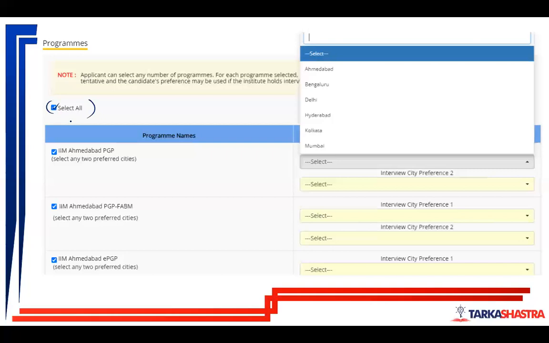Now just select all the programs over here and enter the cities from where you want to appear for your interview. Okay, so if you are from Mumbai or the closest city to you, you should mention that, or the preferred city, you should mention that.